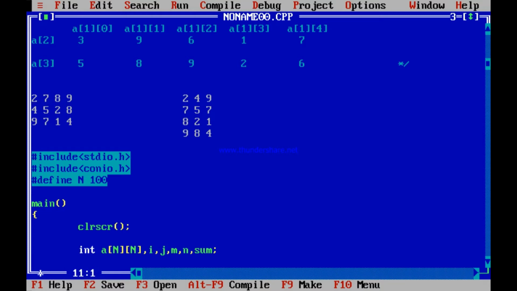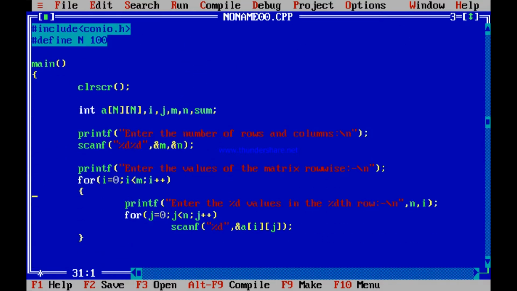You are scanning that number of elements which is equal to the number of columns per row, because if there are 4 columns, then there are 4 numbers in any row. So you are scanning column number of elements per row. That is the one line summary of this part of the program.